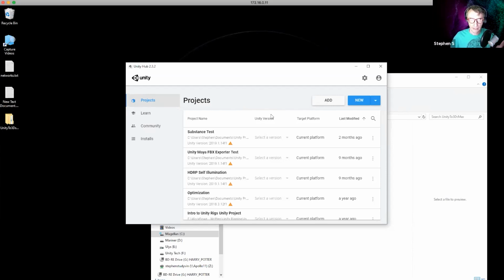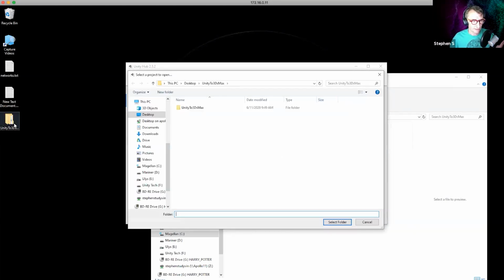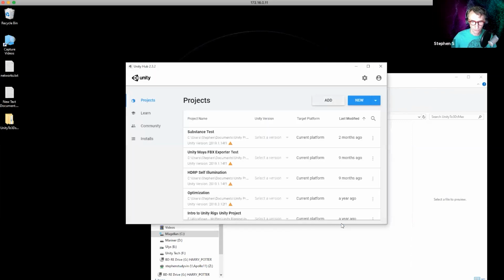So I'm going to go ahead and click Add. I've got it downloaded and extracted to the desktop, so when I go to Add, I'm going to select the desktop and select that folder. If you look inside of it, like I said, there are two levels of the same name. So I make sure I'm where I can see assets, library, logs, packages, and all that, and I select folder. It's going to show the name of the folder. I click select folder and it's going to add it to the Unity Hub. So I don't even have to click new and create a 3D or HDRP template. It's already going to choose which one.